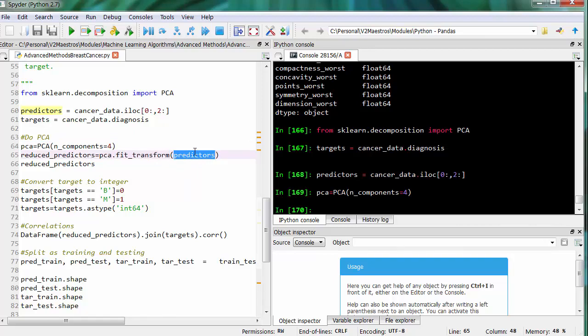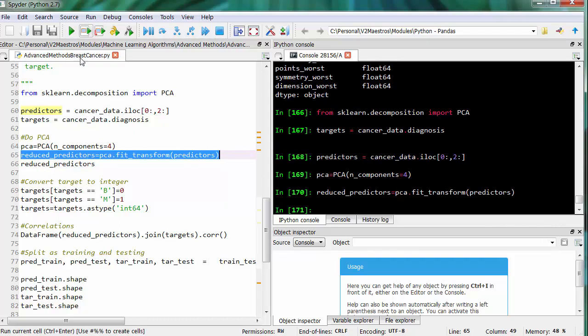The PCA is going to take the list of original predictors of 32 different variables and give you back 4 new features, which is basically a reduced number of variables, but they carry the same amount of signal as the original predictors. So this way it converts from 32 to 4.